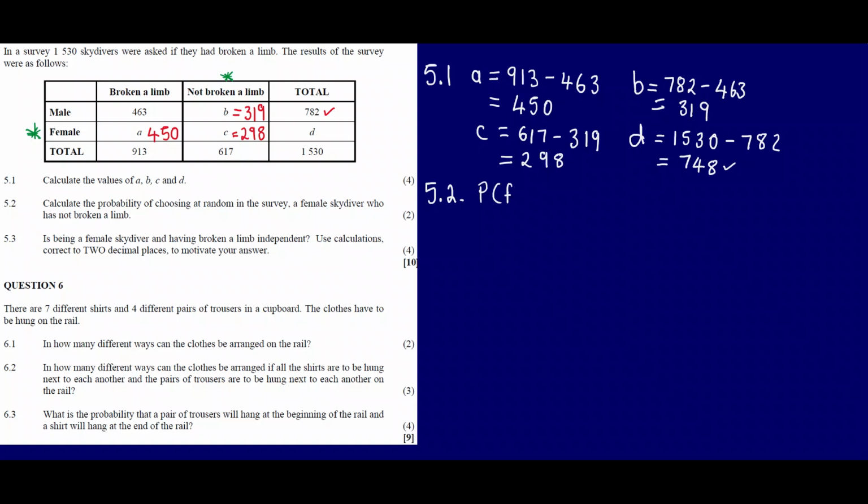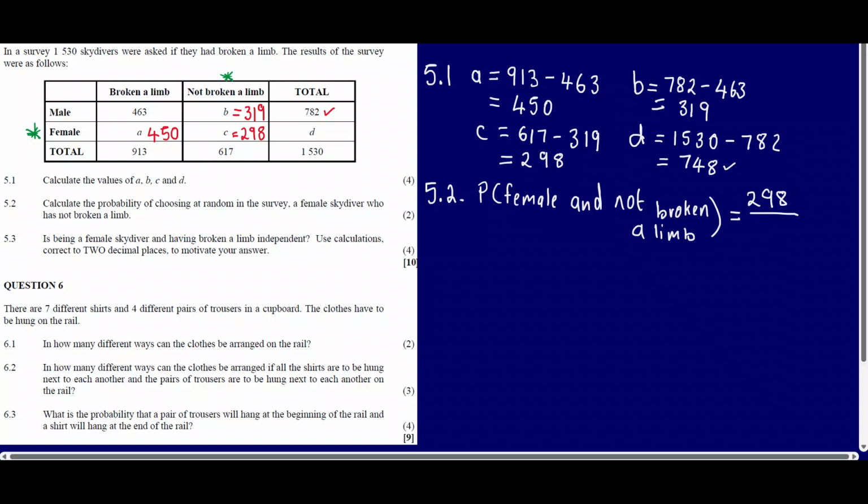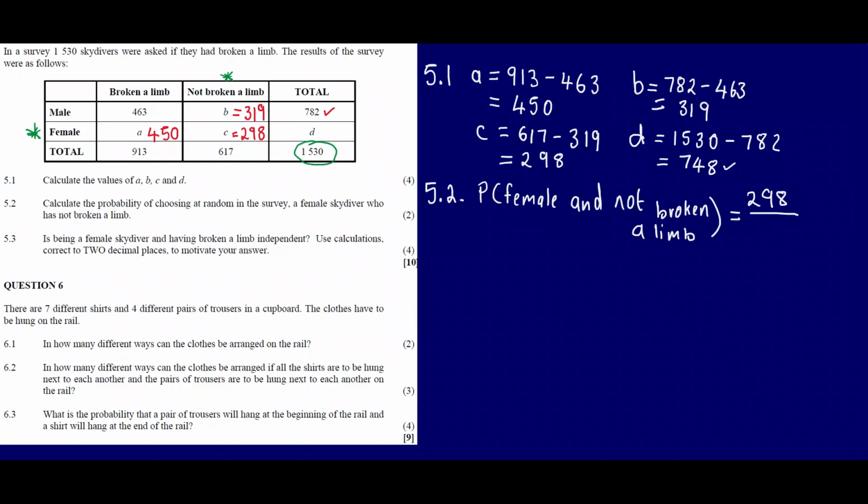So the probability of female and not broken a limb is simply 298. This is the number. The number of those females that have not broken a limb is 298, over the sample space value, which is